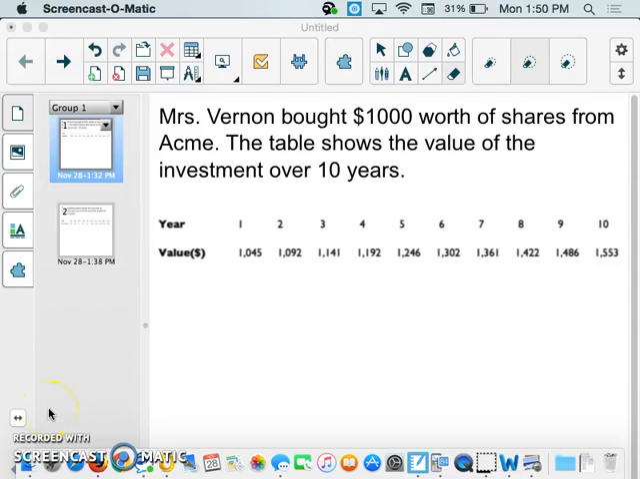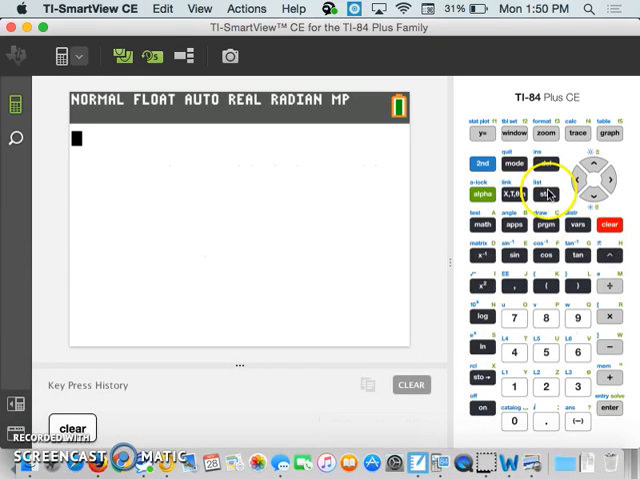This screencast is going to be for determining if a situation is either exponentially related or linearly related using regression. Our first example is Mrs. Vernon bought $1,000 worth of shares from Acme, and the table shows the value of her investment over a period of 10 years. So the first thing we have to do is go into our calculators and push stat,